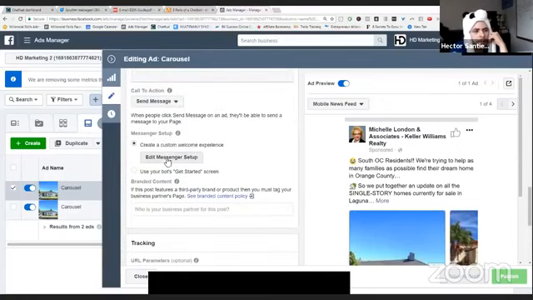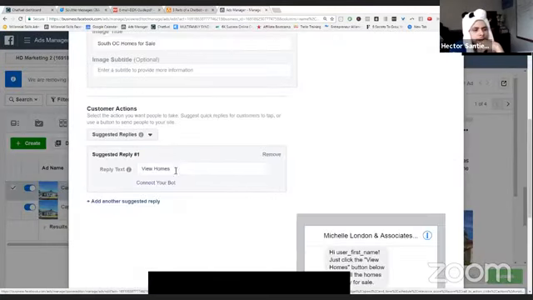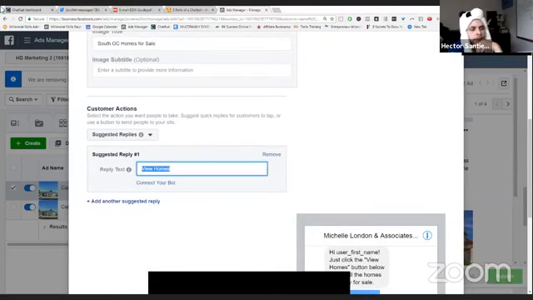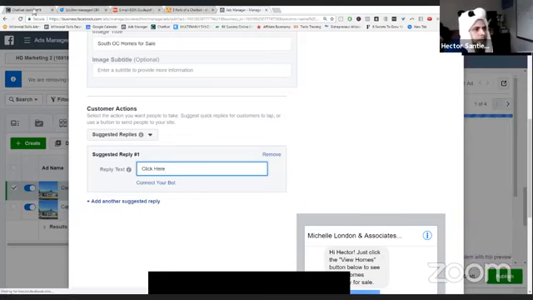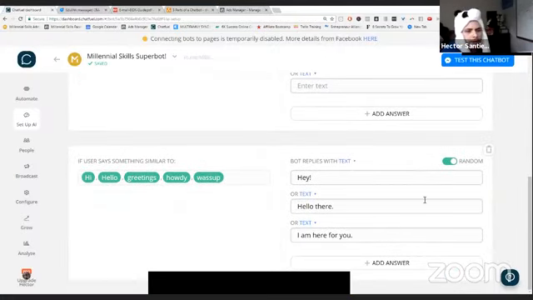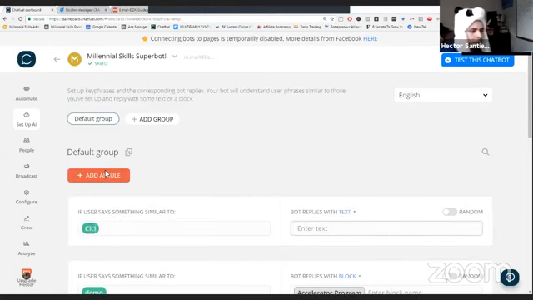So if I go in here and I click Edit Messenger Setup, you'll notice that at the bottom is a suggested reply. I can change this suggested reply to anything that I want. So I could put, "Click here." And if I do that, then in Chatfuel, I'm going to go to Setup AI and create a new rule that says when people say "click here," I want you to deliver this text: "Yay, you clicked on my Facebook ad, right? You are so awesome." Or